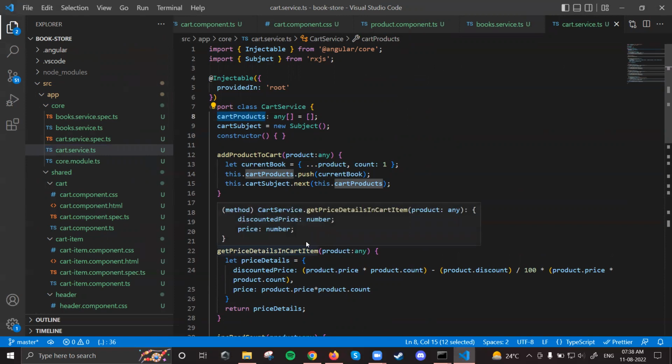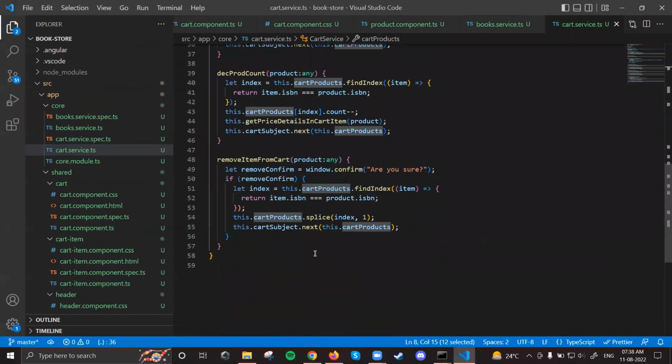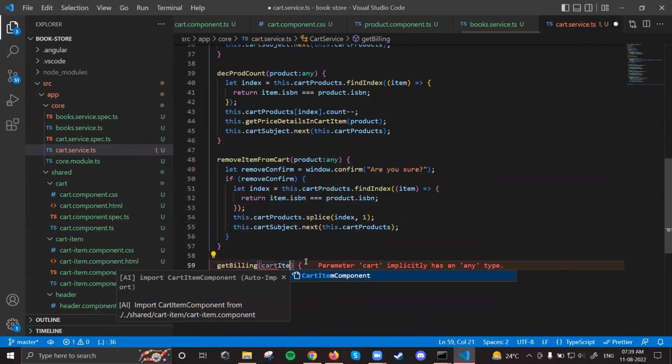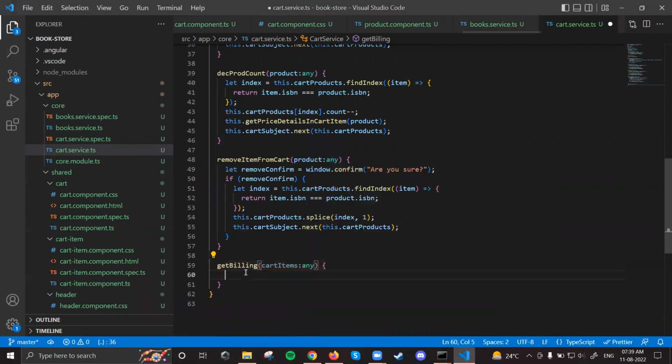So let me write the getBilling thing. So how do we do that? Getbilling will be something like this. For example, the name of the method is getBilling. What it will do, it will take the cart items, okay, and from here first we'll create